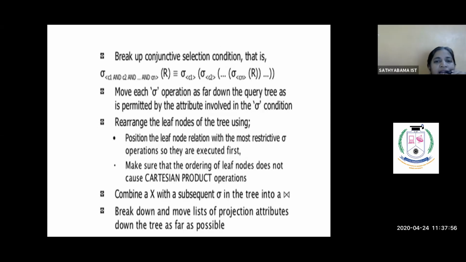So these are the various heuristics. First of all, you can break the entire query into various conjunctive selection conditions. You can break up all select conditions, and you can move each select operation far down the query tree. Wherever you need, however much you can move, that much you can move your select operation down the tree, and rearrange the leaf nodes of the tree using the select operation, so that the select operation is executed first